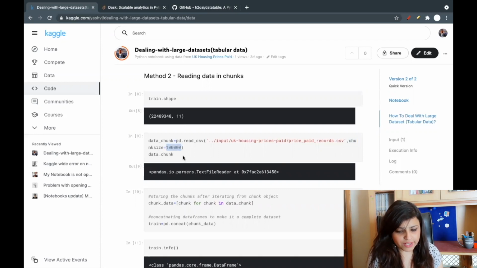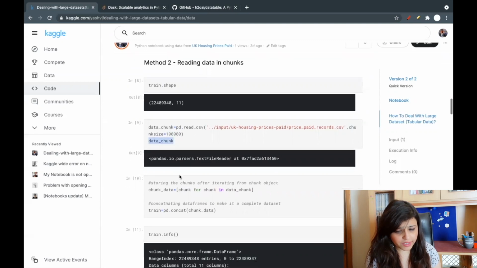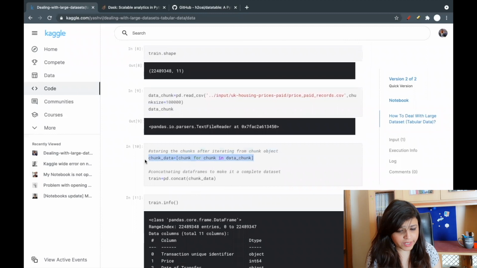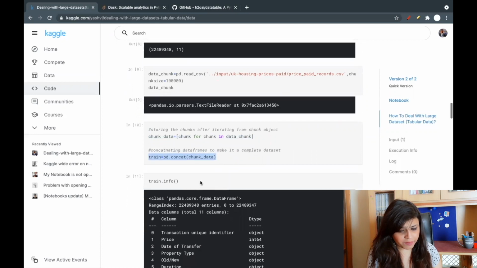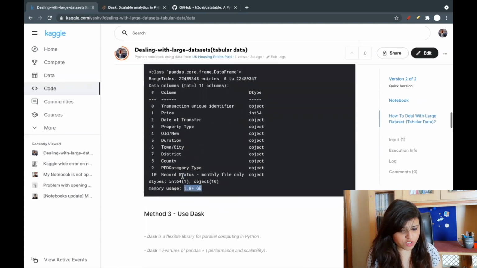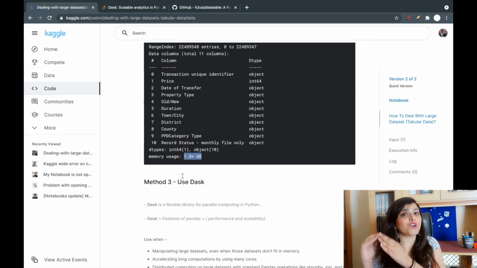I have specified it as 1 lakh and read it. I divided it into chunks, and now I read each chunk each time and concatenate them into a new data frame. If you see train.info, it's 1.8 GB. You can see the difference from 14 GB to 1.8 GB.